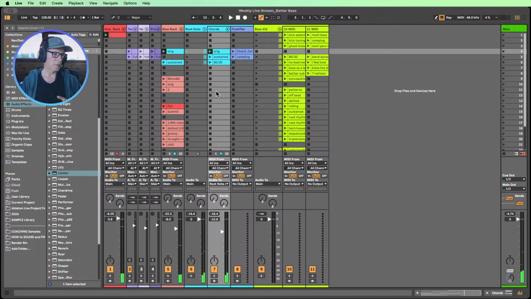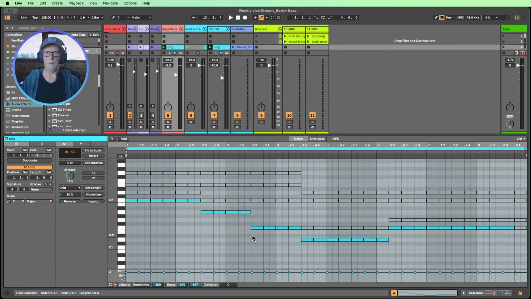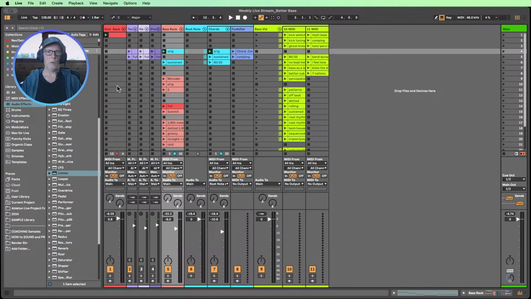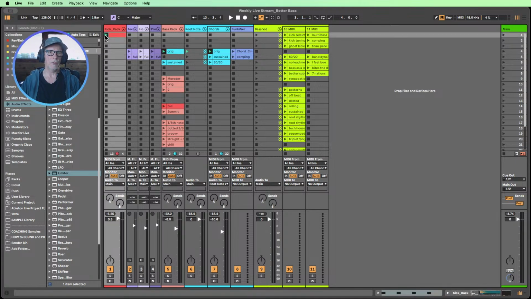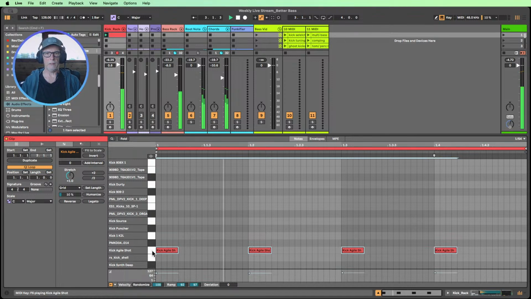So that's why we've got it very raw, very rough here. We've done nothing other than we've just said copy over the chords, put them down on the roots, and happy days, we've got a bass line. Let's just try out a few of these kicks and hear which ones kind of punch through just by themselves without us doing anything. So at the moment we've got some of the shorter kicks. I've got one of those in play. Let's go through those.